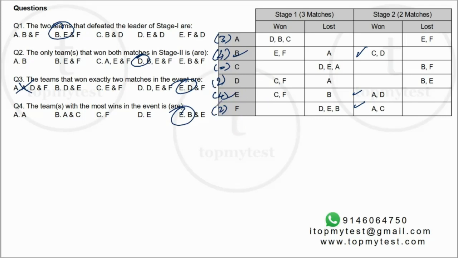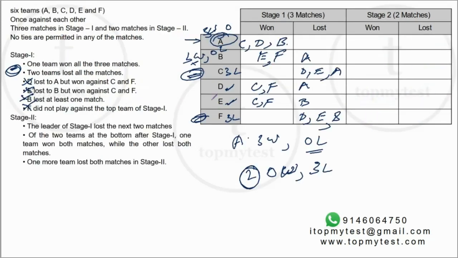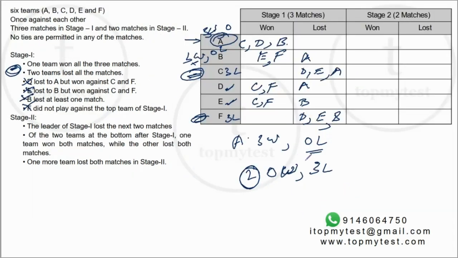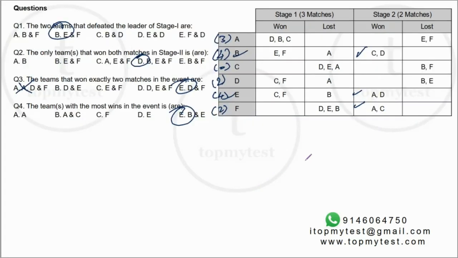Moderate level question. You need to first realize what you need to calculate. We had to spend some time realizing what we need to calculate based on the questions and what information is available. Tabulate it slowly. In an exam situation, maybe about 8 minutes, 10 minutes tops, to do this particular set.